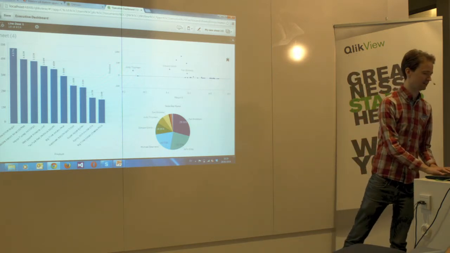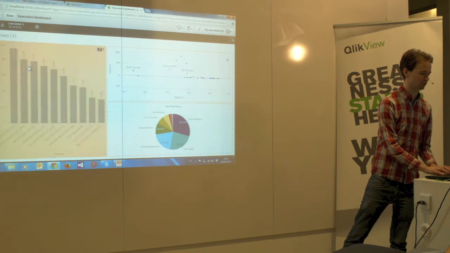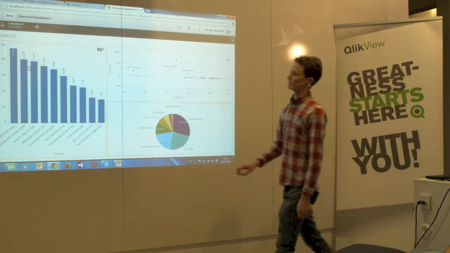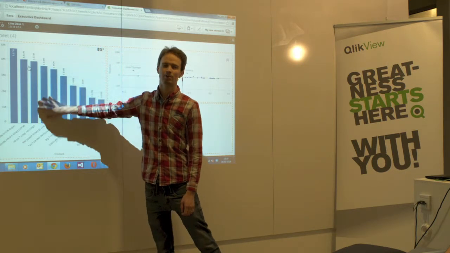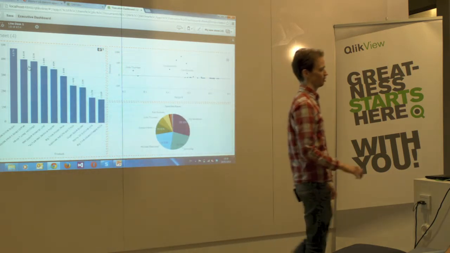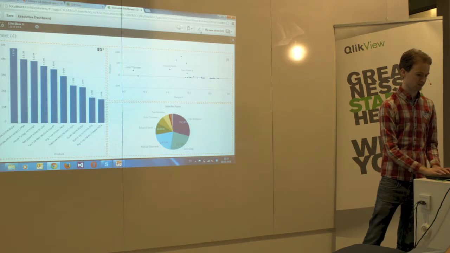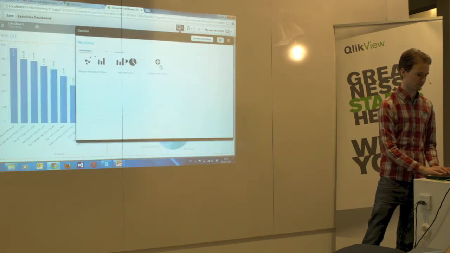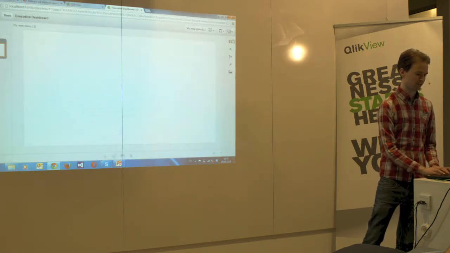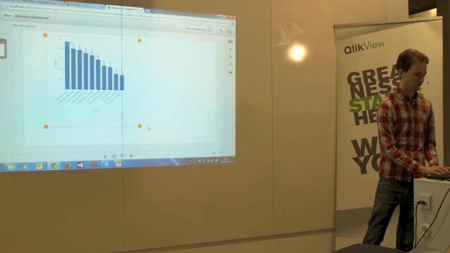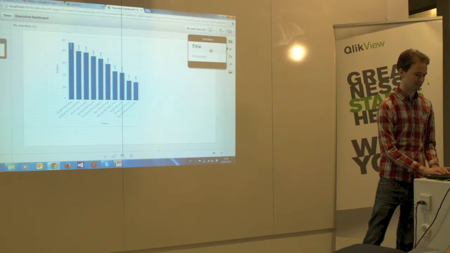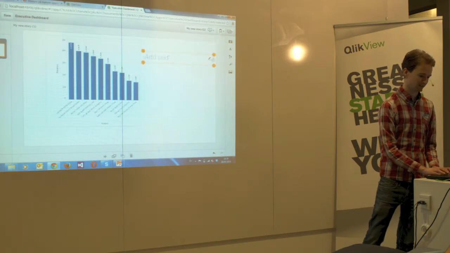What we do instead is we take a snapshot of this chart. We say, save this chart with all the settings available, with the selection available, and with the data available. And then we create a story. So I can go in here into story mode, and I can create a new story. I can take this snapshot here, drag it in, put it in here, add some effects, red text, for example,